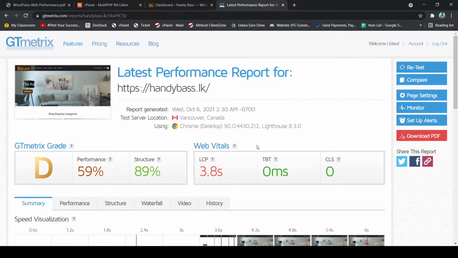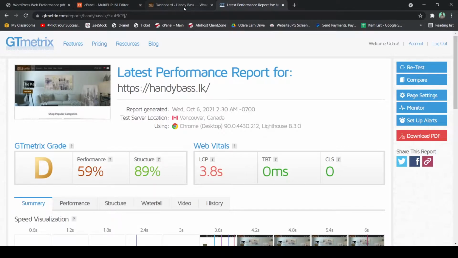Next one is install WordPress, and then we install a suitable WordPress theme, and after that we install the SEO plugin. I use Rank Math SEO,